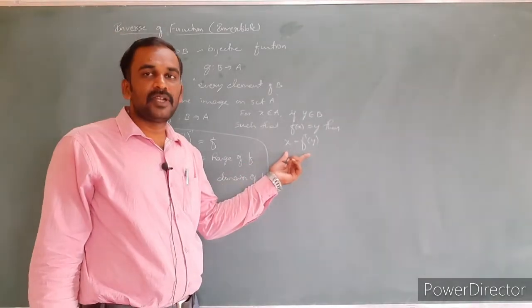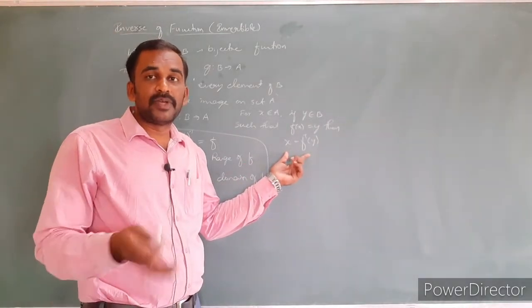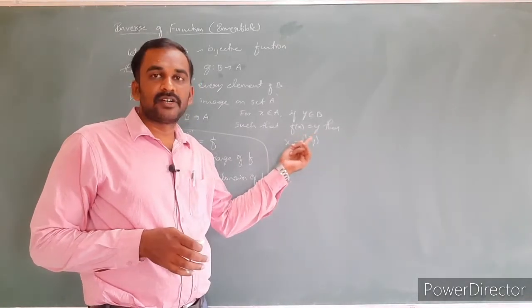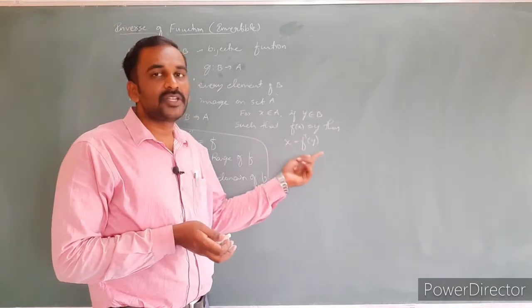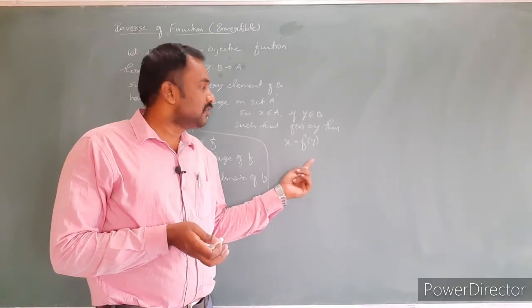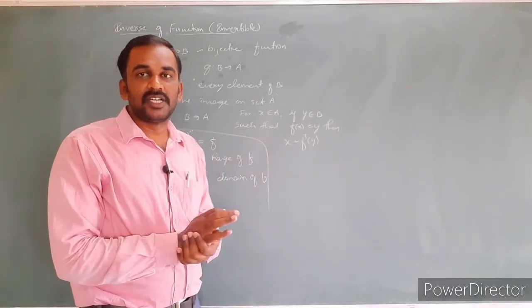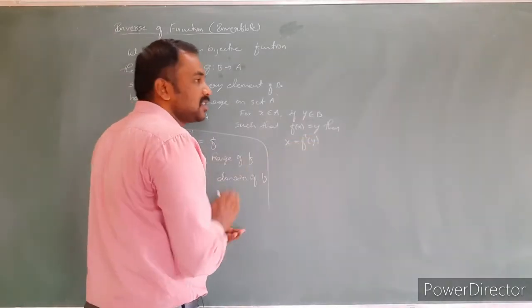So if people have already solved this while proving the onto condition, y value in terms of x, then we just return x value in terms of y. Whatever the value, we just return x in terms of y, and that is the required inverse of the function. Generally we can easily prove that.